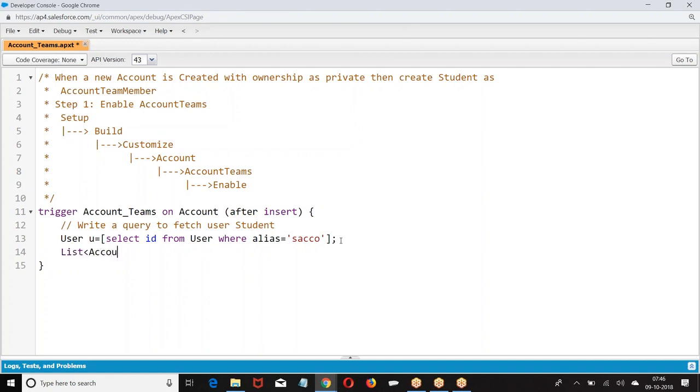We have accounts. Take account a. You're taking one by one account.